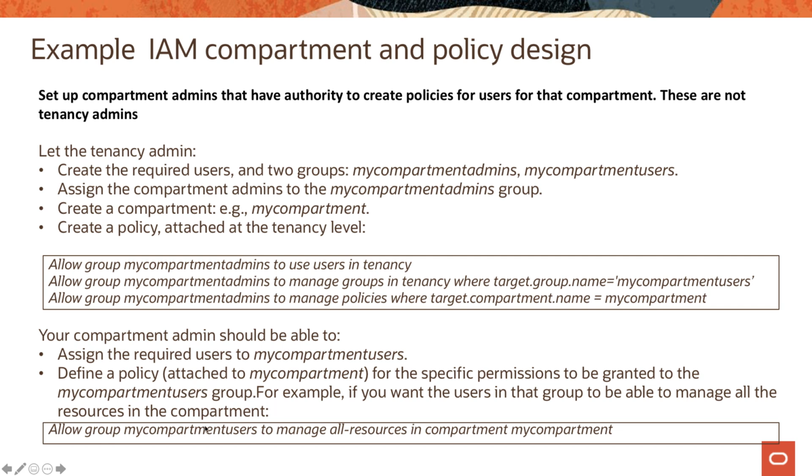For example, they are able to give all the members of the My Compartment users group access to manage all resources in My Compartment, but you can write other policies as well. Again, implementing the principle of least privileges and giving everybody just the right amount of authorization to do their work